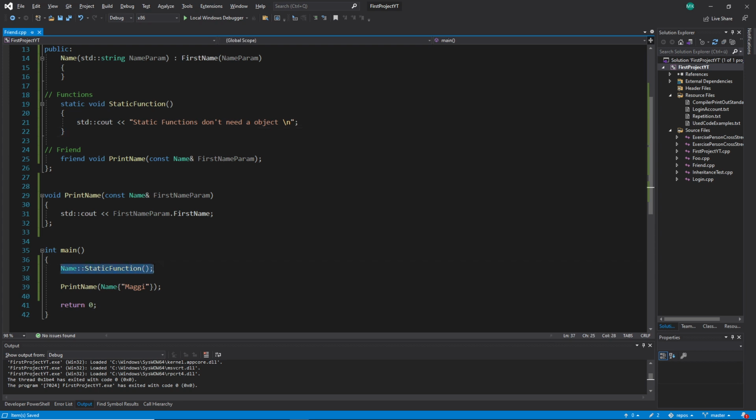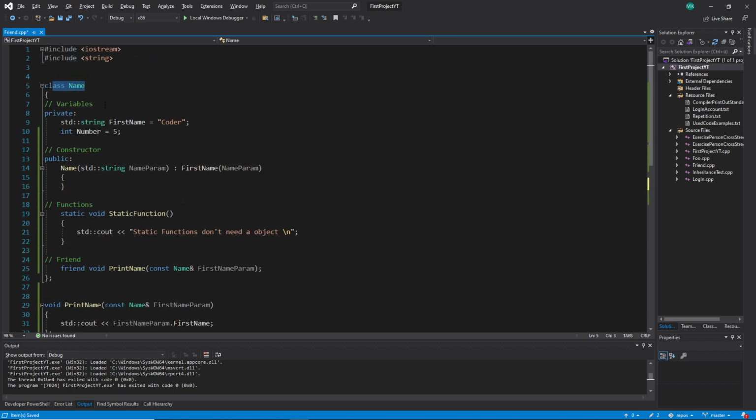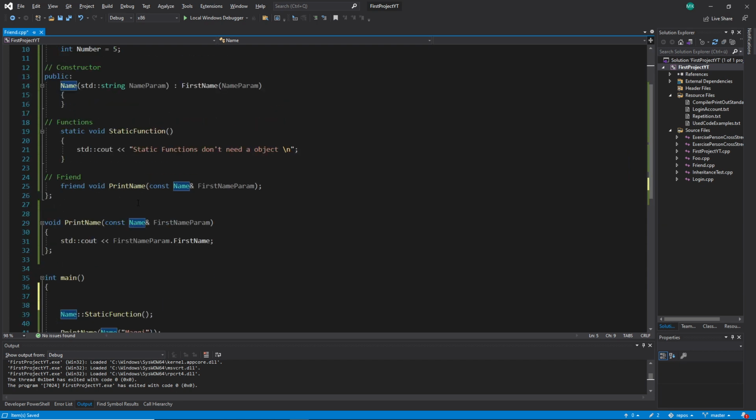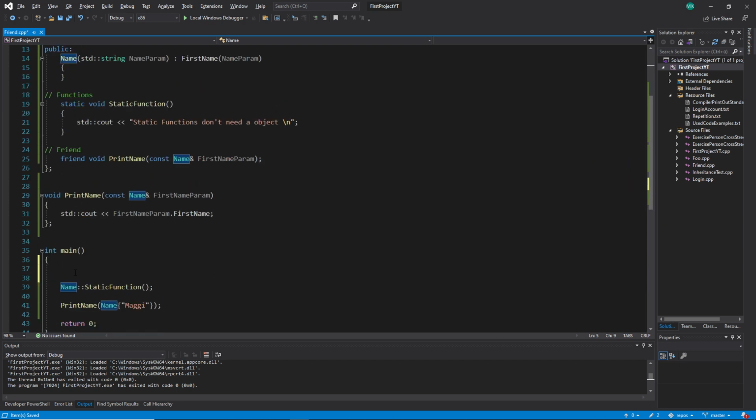So what is the problem? The problem is this is not the normal way, what we learned how to use a class. That's why this static function is a very special function. What was the reason for that again? Let's say, what was the normal way? The normal way is actually that we first create an object for this class and then call functions. That's the normal way. Let's make an example. Let's create an object. We just use the class name, which is our type, and let's say name object,